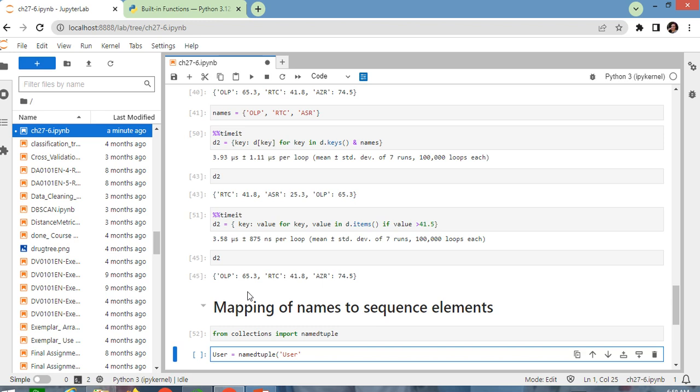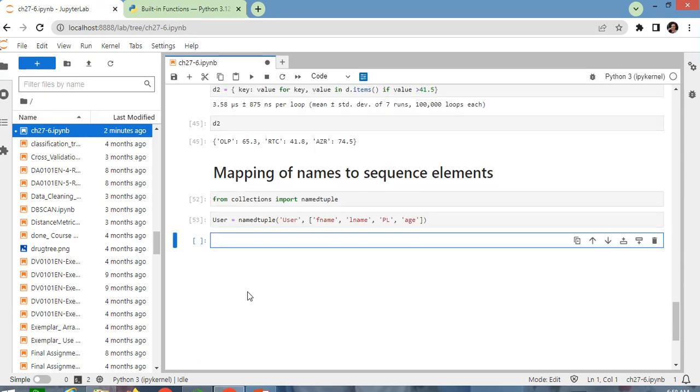The first argument is the tuple subclass User, and the second one is the fields, which is actually a list: f_name, l_name, which should be in string format, programming language, and for example age. Okay,